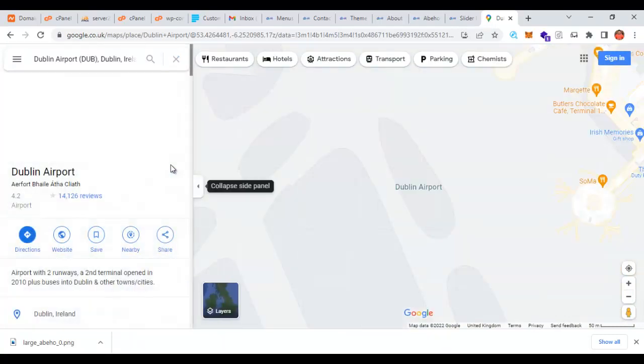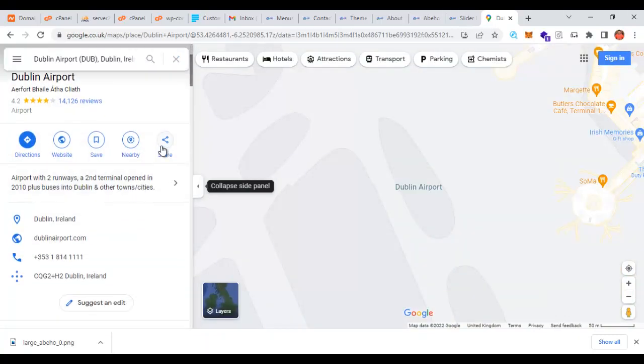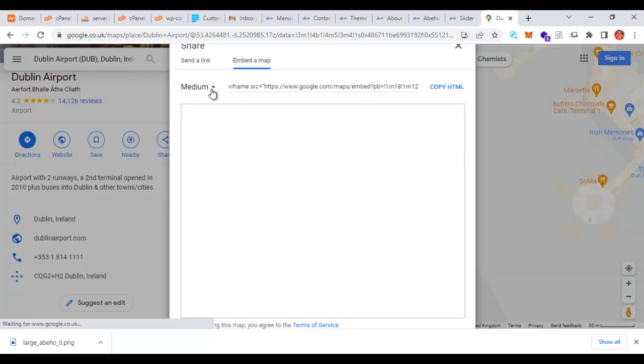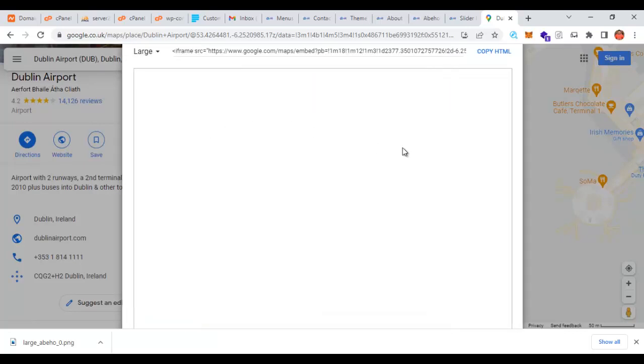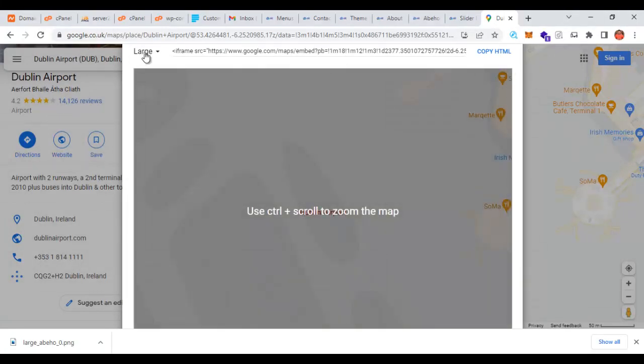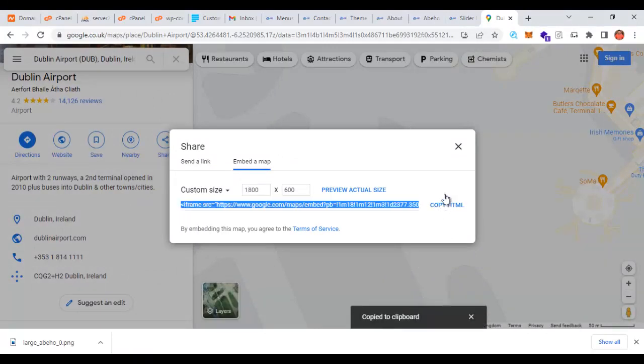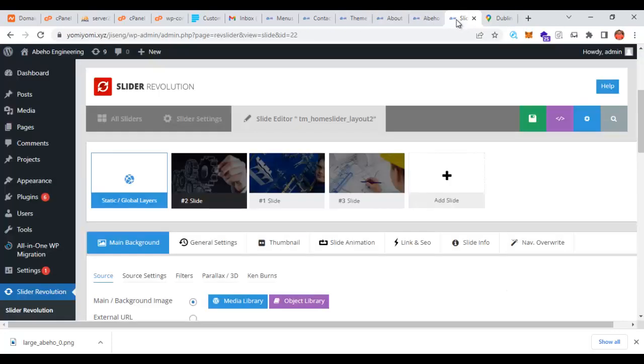Make sure you know the address that you want to use. Type the address, then click on share, then click on embed map. Change this from medium to large, or change it to customize. Where you have 800, just put 1800, then click on copy HTML. When you click on copy HTML, then you go back to